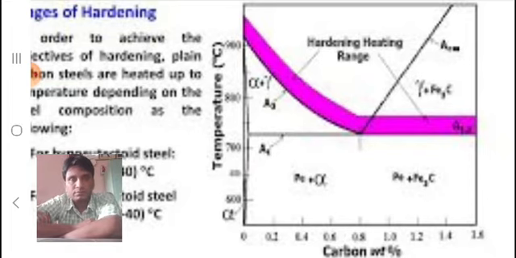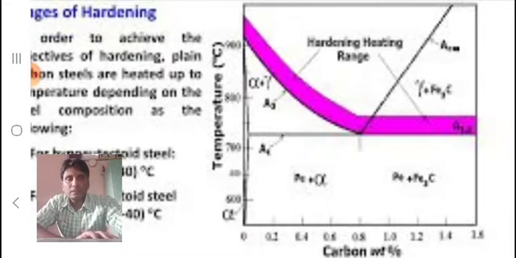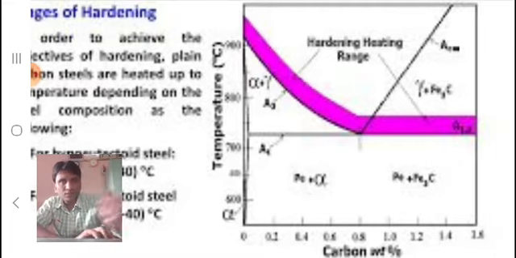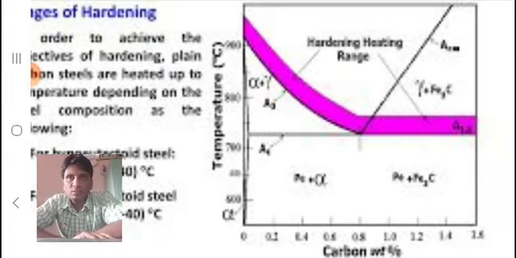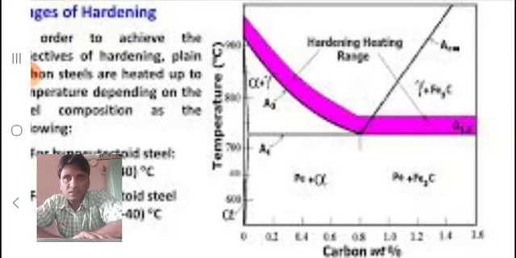Or it is quenched into some oil bath maintained at some temperature, or it is quenched into some salt baths. In this process, when the steel is heated above its upper critical temperature and quenched into water to cool it, an extremely hard needle shaped structure known as martensite is formed. This we discussed.